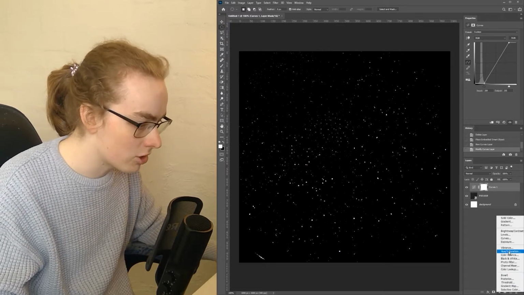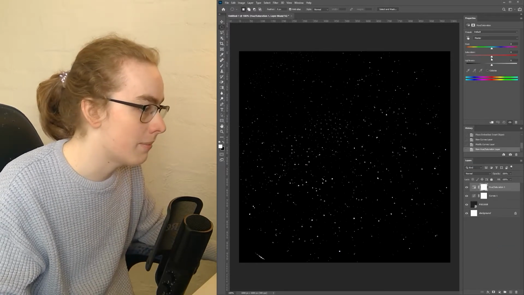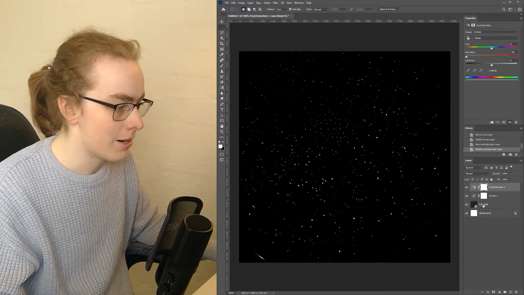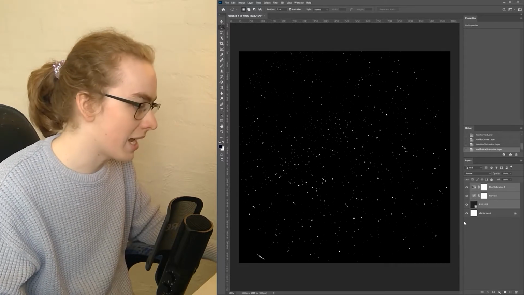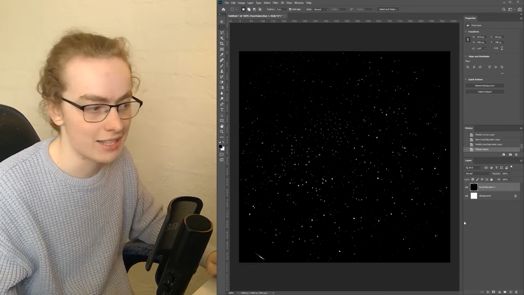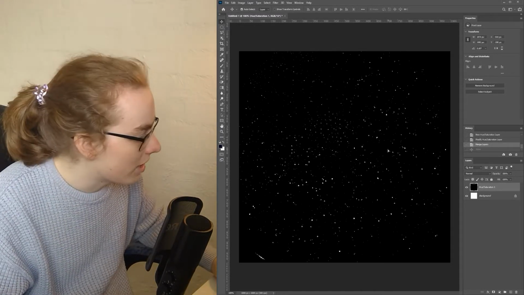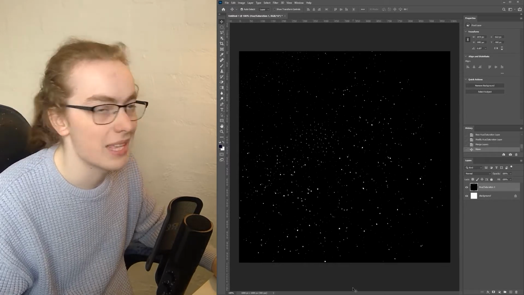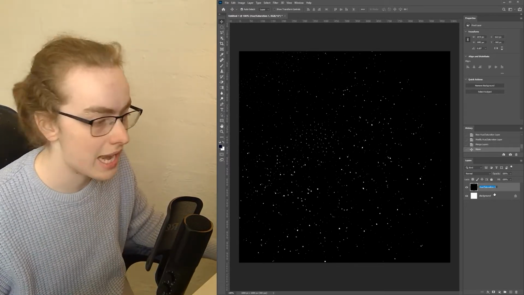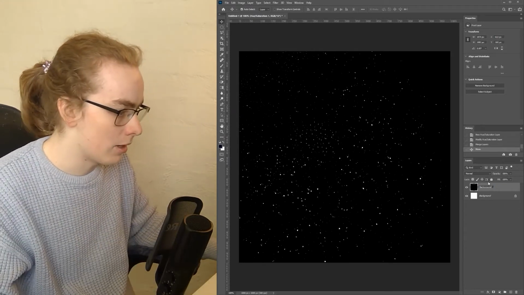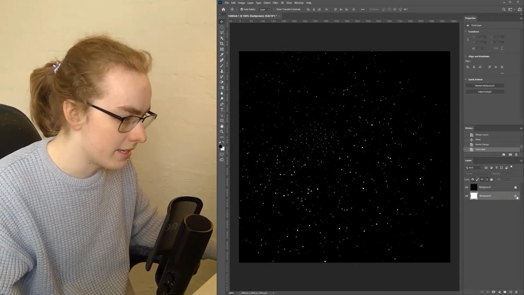I'll just make another adjustment layer of hue saturation and make it so it's pure black and white. Doesn't change much, but there you go. Now I'll select all of these layers, press Ctrl E, and now that is baked in. That's just applied to the layer. I'll also drag it down a little to fix the positioning of it. There we go. I'll also name this layer background, and I will lock the layer, and I'll delete the old